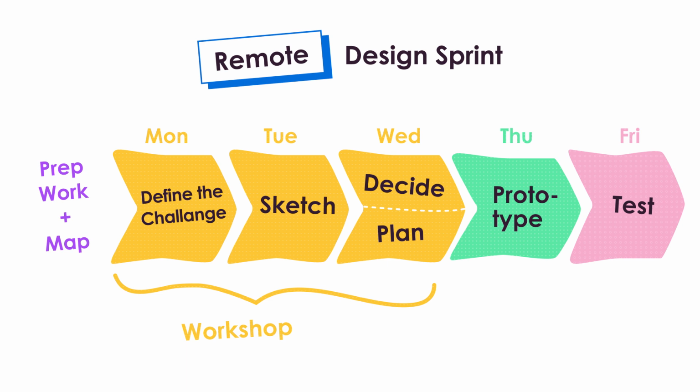First workshop, we define the challenge. Second workshop, we produce a large quantity of solutions. Third workshop, we curate and vote on the best solutions and also define a prototype with a storyboard. Along with generous timely breaks and some facilitation tricks, this structure enables us to keep the spirit up, avoid the Zoom fatigue, and still keep ourselves in the week-long structure. We found the sprint as effective in remote as it is in person.